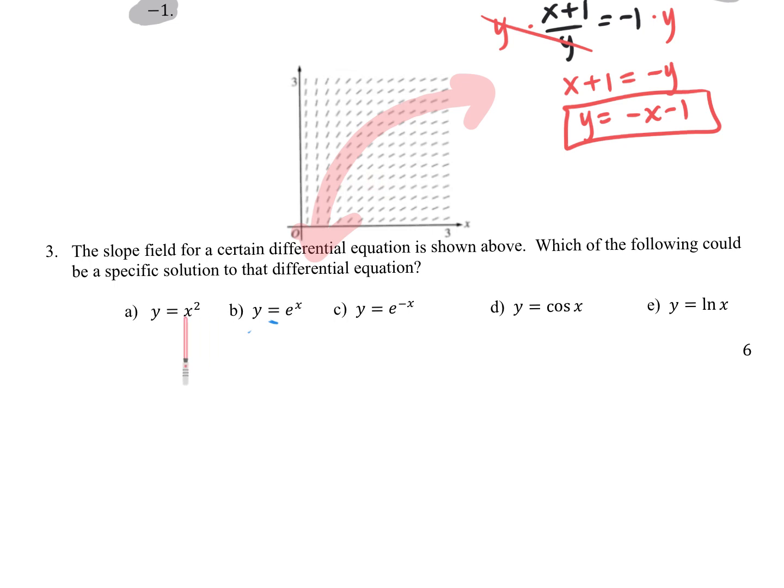Why isn't it x squared? That's not a U, right? It's not going up. e to the x is exponentially increasing. If this is e to the x, here's e to the negative x. Wrong. It's not cosine, because we're not going sinusoidal. It is a natural log. Let me just remind you what a natural log looks like. Here is a natural log graph. It's not like,